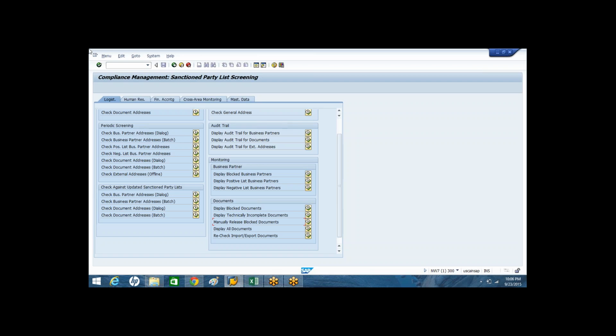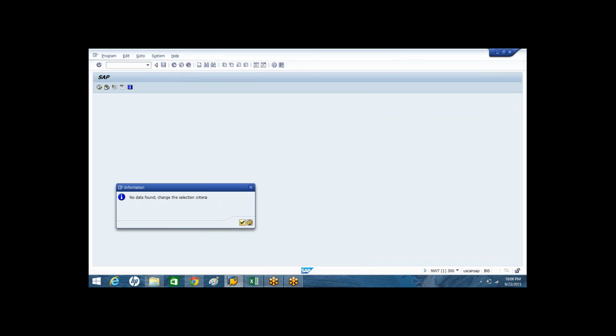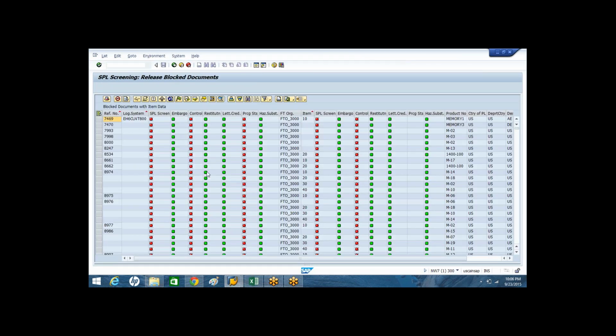Okay. And the other thing is, if you want to release all the blocked custom documents, you can release them using this report transaction. Whatever documents you want to release, you can select them.